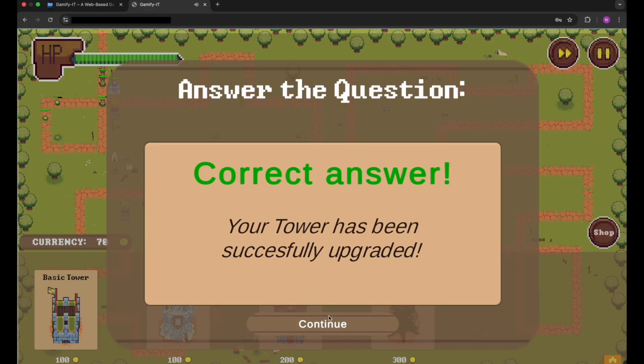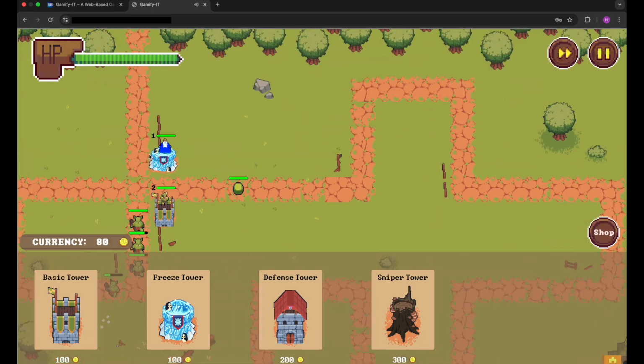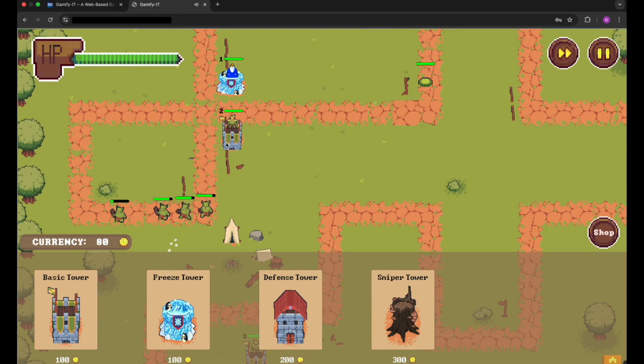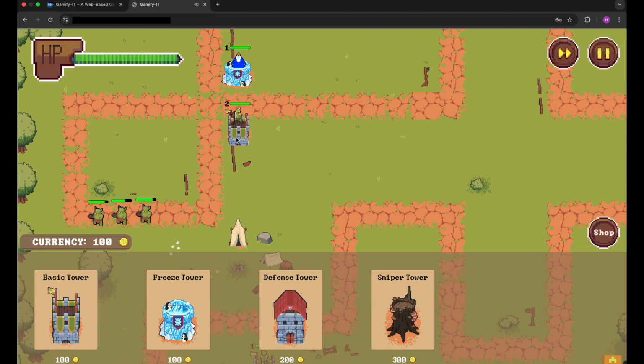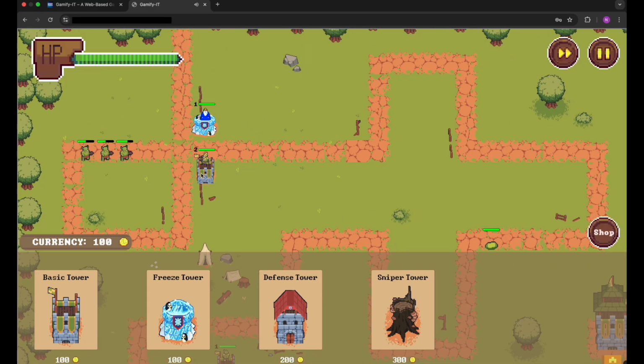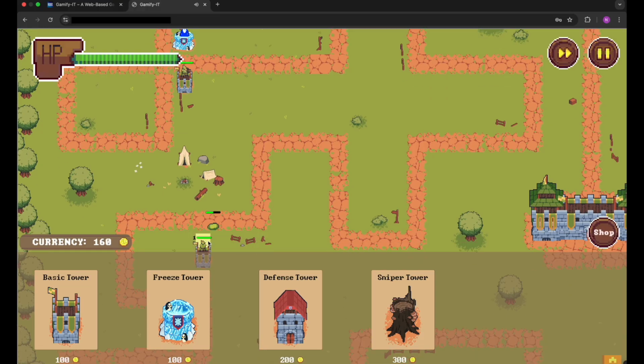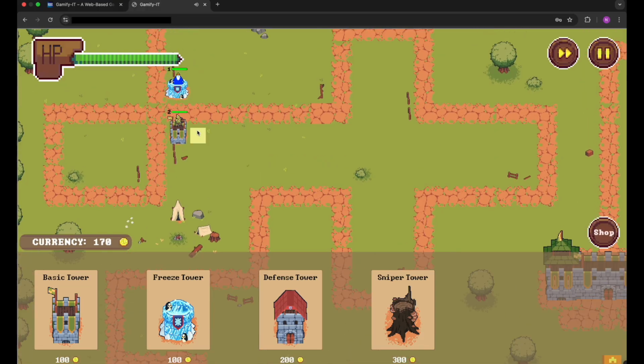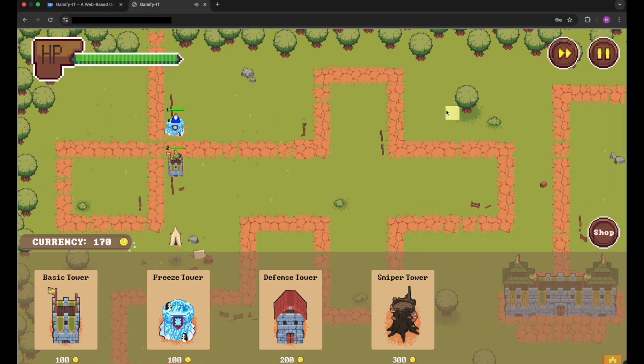This is a boolean, and when we submit it, this answer was correct, and we can directly hear that the pace, how fast the tower can shoot arrows, increased, and we can also see in the top left corner that this tower is now on level 2. To upgrade it again, it costs more money, so it now costs 174 coins. And let's see, we have 170 now, so 4 coins are missing. We can speed up the game in the top right corner,